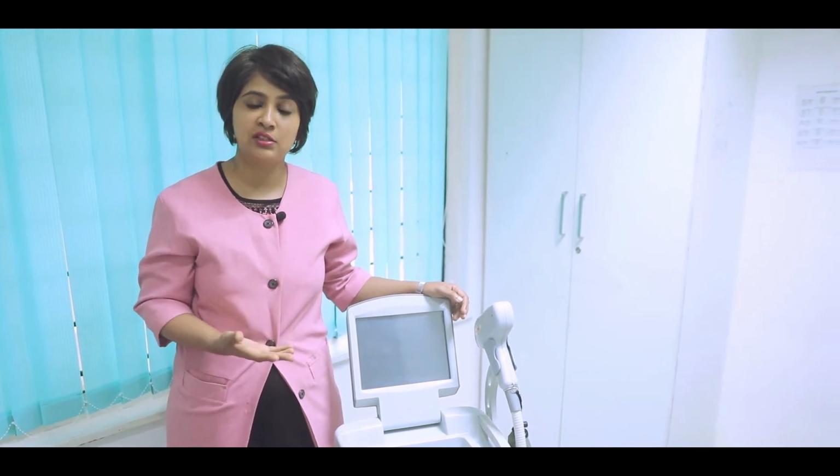There is no other treatment option that you can offer to your aesthetic client for facial hair, excessive body hair, other than a laser. So I have been using lasers for the last 13 years, and predominantly the most commonly sought after treatment is hair reduction. So I have worked with a number of machines including lasers like Nd:YAG lasers and diode lasers, and when I started